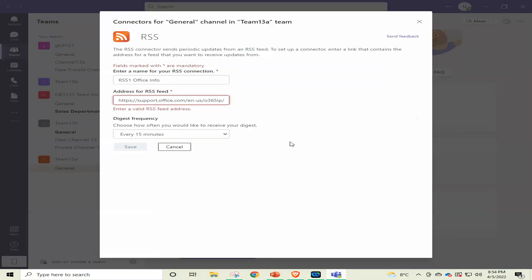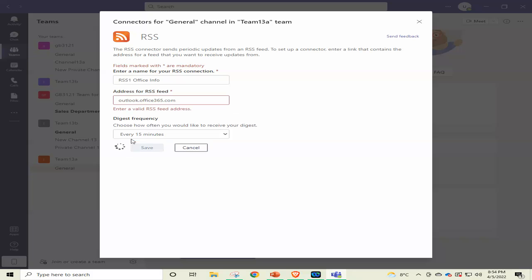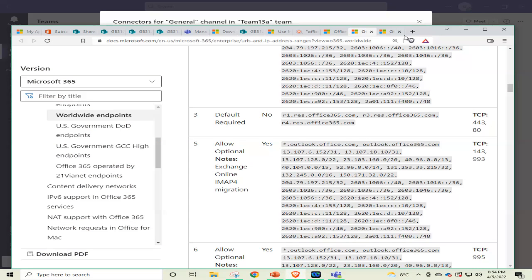Okay, we go there and we write here and see what happens. Outlook.office365.com. Now here we can change the name, Outlook. We'll see the name is okay. And then we can save, and it says enter a valid RSS feed address. Give me a valid RSS feed address. I can write here and see what happens.